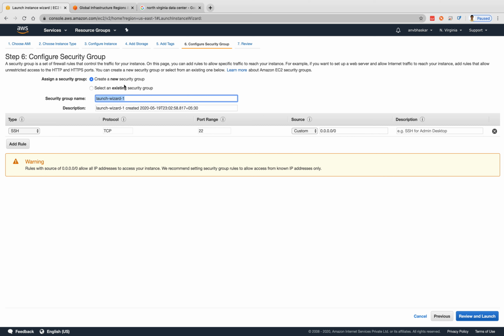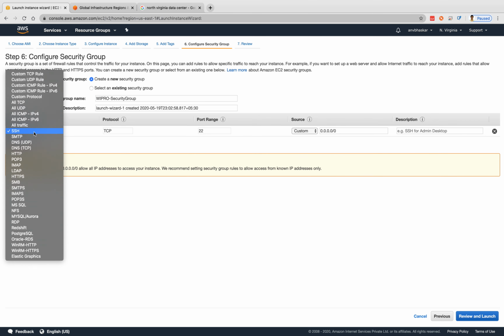Instead of using the default, I will create a Wipro security group. Okay, if you want to allow SSH or anything, you can add. Now as of now, what I will do, I will give all traffic.